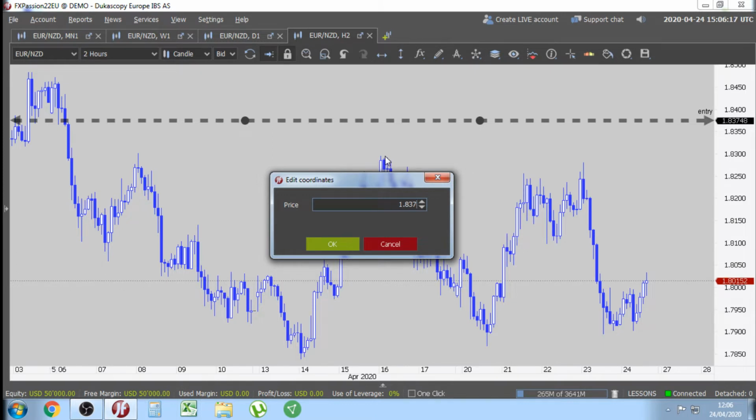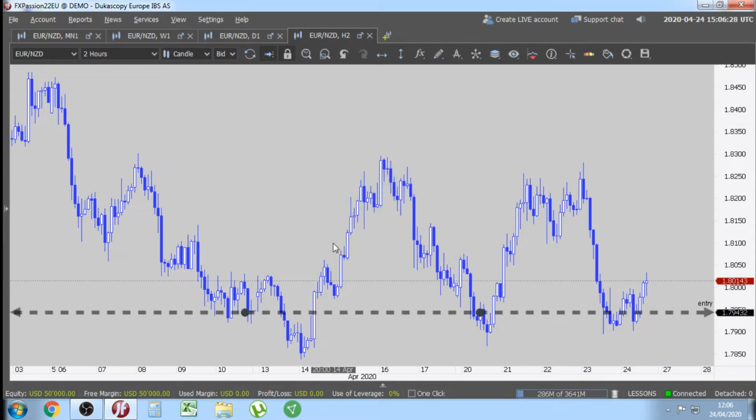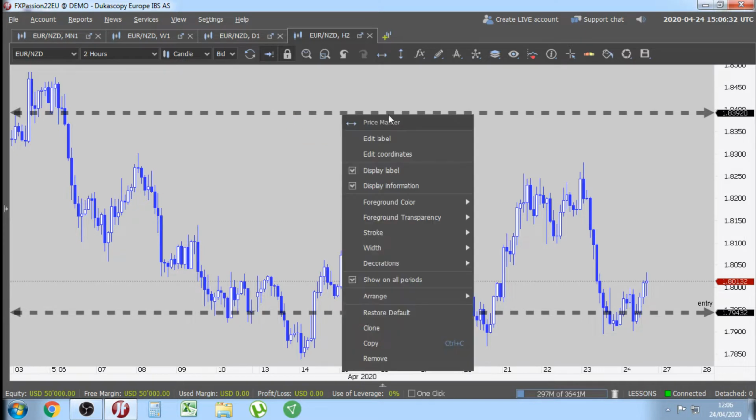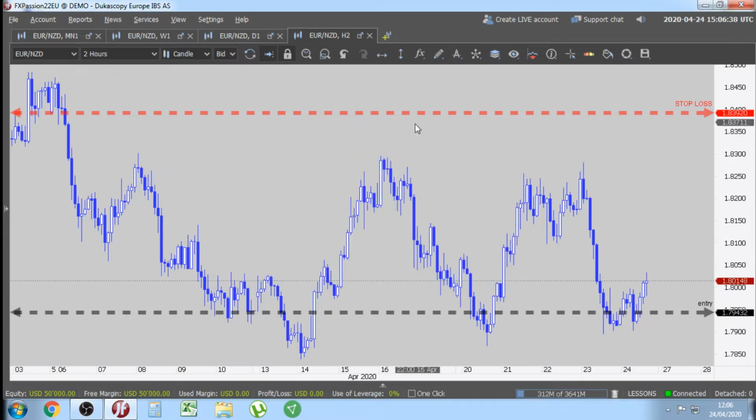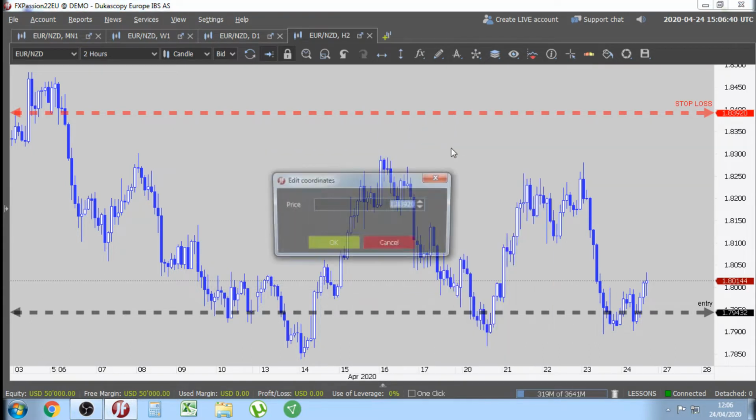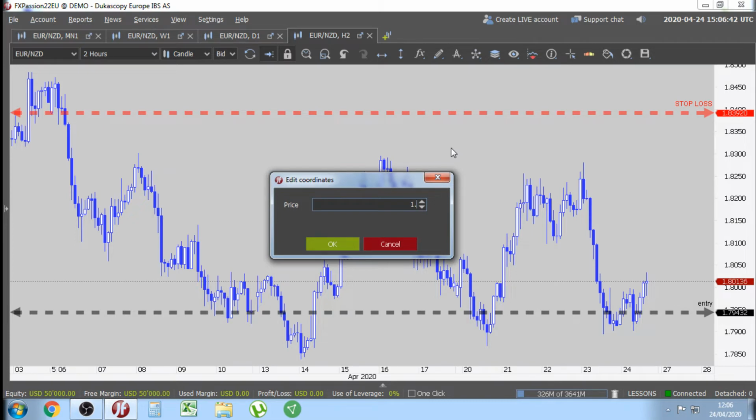What is next? Stop loss is going to be red, right? Stop loss, edit label, stop loss. Coordinates 1.7